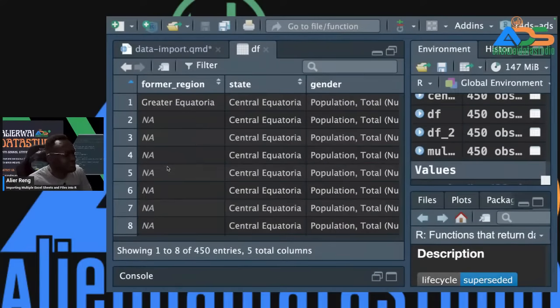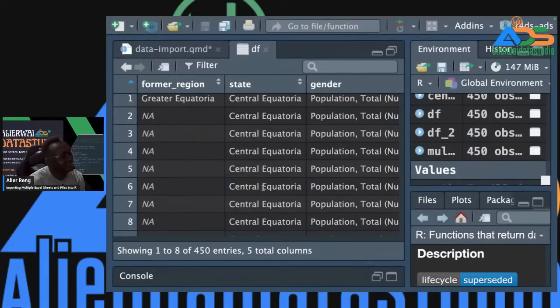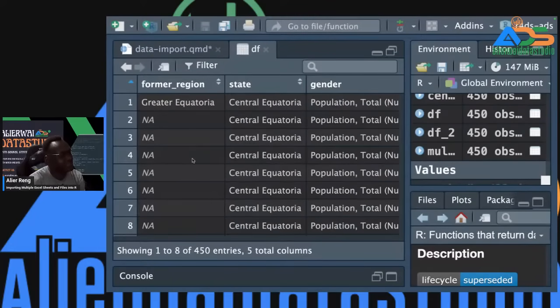We need to replace these NAs. As you can see, this is saying Greater Equatoria. So below each state name are NAs, and those rows are for that state. So we are going to use the fill function to fill them in,